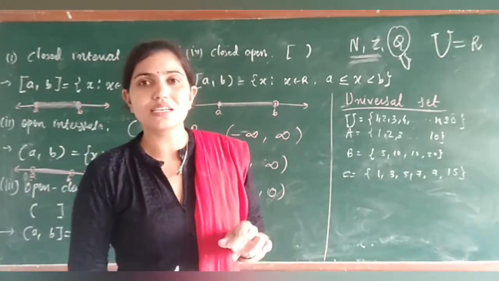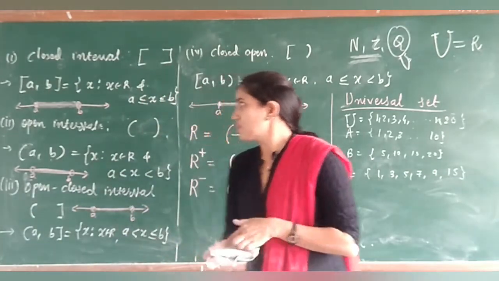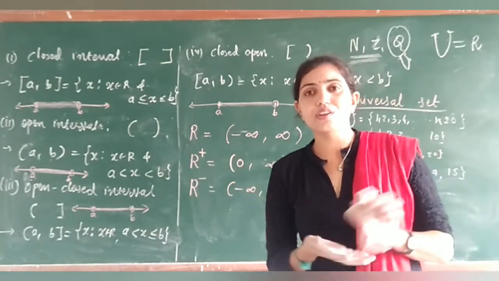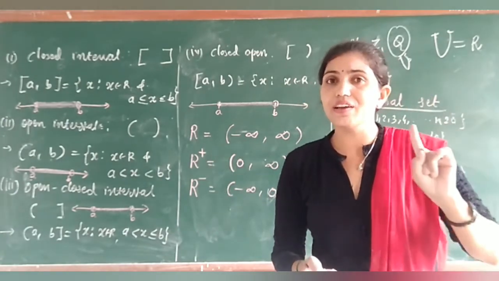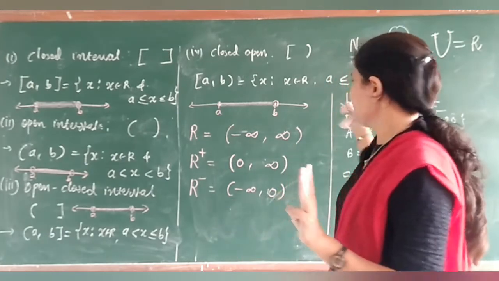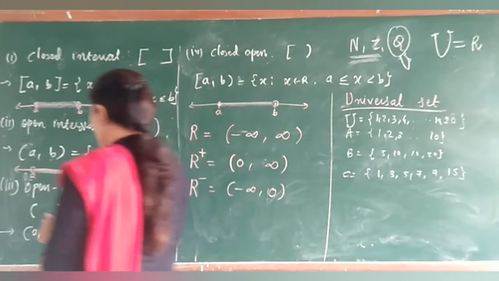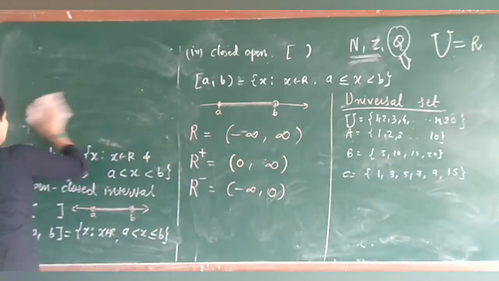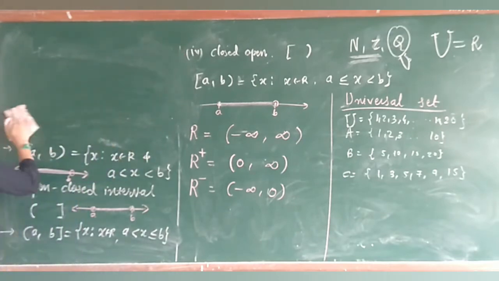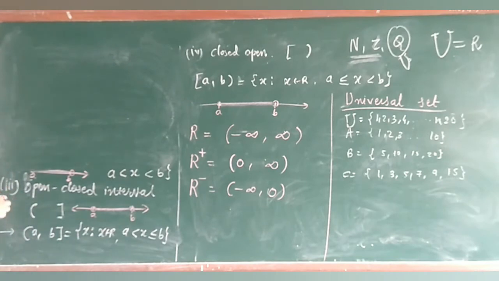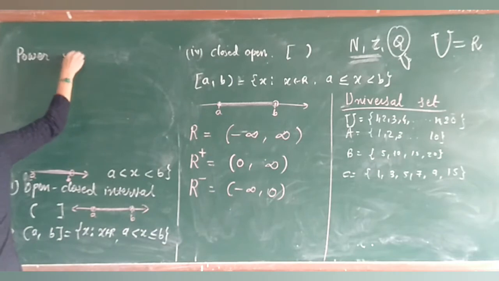So for that power set is required. So what is the power set? First of all, you all are clear with this definition. एक तो सबसेट ध्यान से देख लेना क्या है, उसके बाद इंटरवल्स को ध्यान से देख लेना है. थर्ड वन we are seeing as a universal set, and last one I am going to explain as a power set. And students, these all things you have to note down as a notes, whichever explained in the class. Okay. So now here we have next definition, that is the power set.